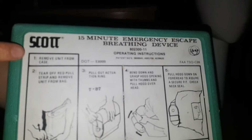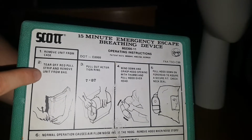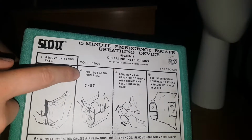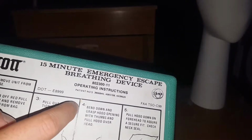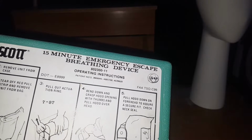1. Remove unit from case. 2. Tear off red pull strip and remove unit from bag, which I'll show you in a moment. 3. Pull out actuation ring. I can't show you that. Also, it's dated here, the 7th, 1987. 4. Bend down and grasp hood opening with thumbs and pull hood overhead, like so. 5. Pull hood down to forehead to...